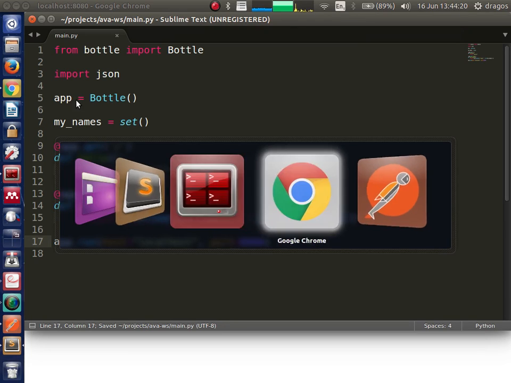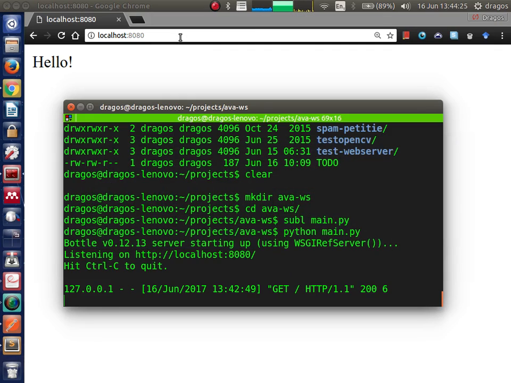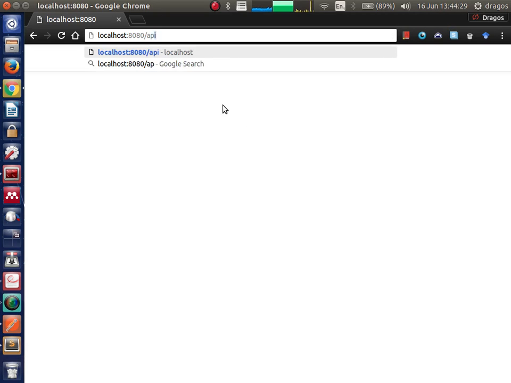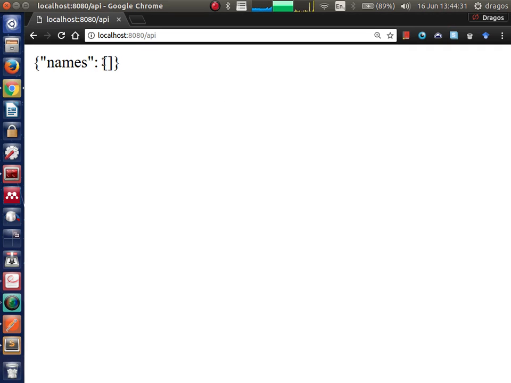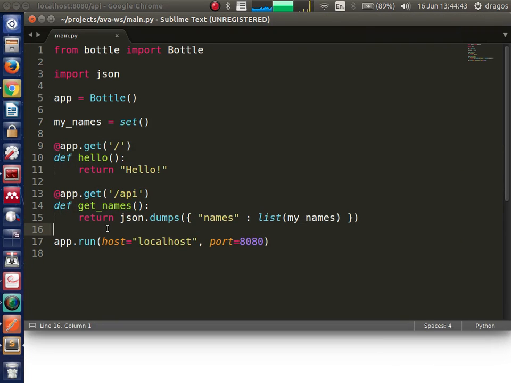Okay, let's see what happens if we go to /API. First, we need to restart the server because we changed the source. Okay, so here we have in a JSON format names and our list of names, but it's an empty set since we haven't added anything yet. So let's implement the post method now,